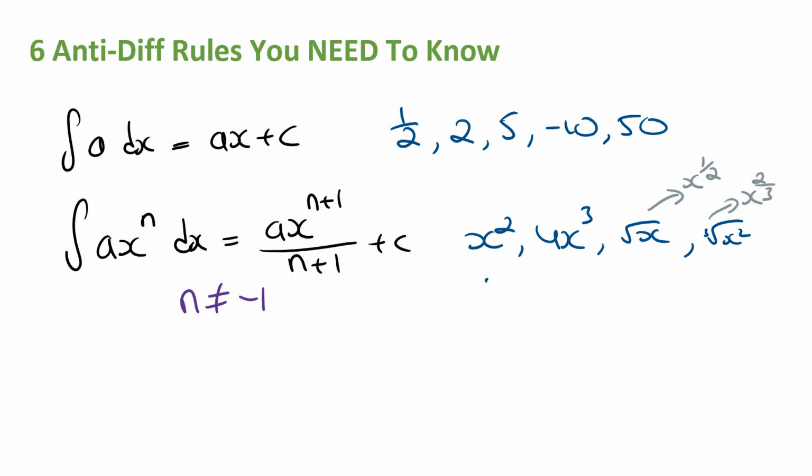What if we had 3 over the square root of x? Again, we would need to convert this into fractional powers, which can be rewritten as 3 times x to the power of negative a half, and then we would apply this rule to integrate this expression. We could also apply this rule if we had something like x plus 2 times x minus 1. In this case, what you need to do is expand the brackets, collect the like terms, and then integrate each